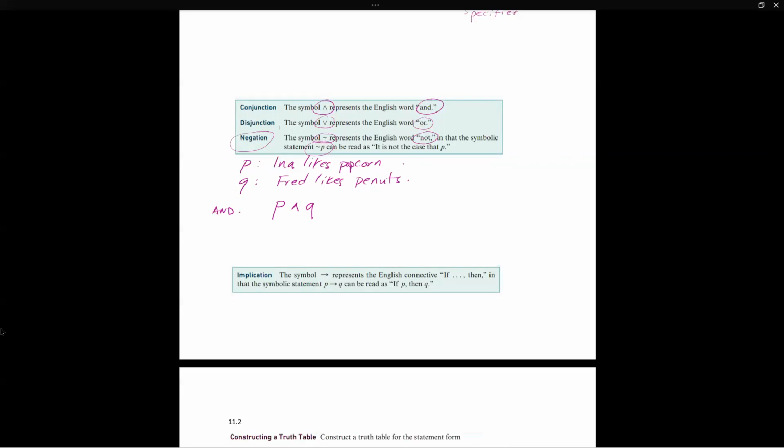And if I want to say Anna likes popcorn or Fred likes peanuts, it's going to be opening up. And if I say Anna does not like popcorn, then I will do this. All right.